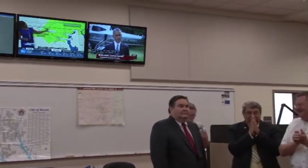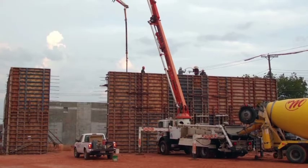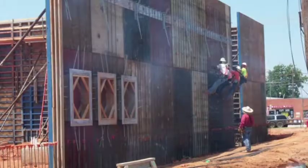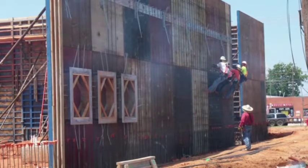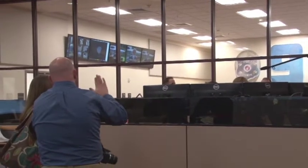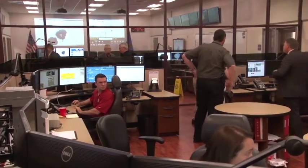The Safety Center was built like a concrete bunker to resist even the strongest winds that the Oklahoma weather can conjure. The safety and security of the Emergency Center rivals that of the National Weather Center in Norman. The crown of what we have is the Emergency Operations Center itself, which is the room we're in here. That is about 1,500 square feet of training room, conference room, but more importantly, it's a place for our city's